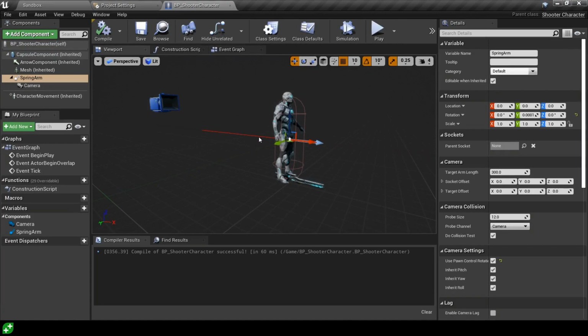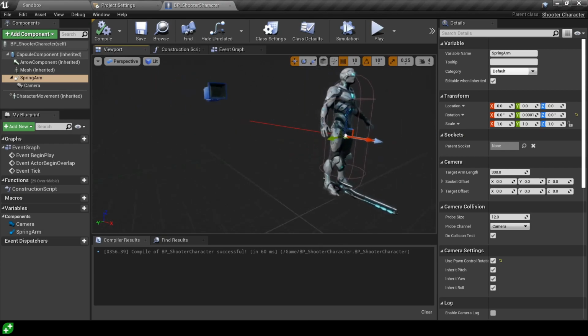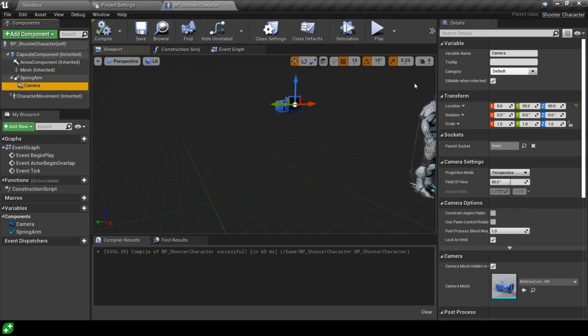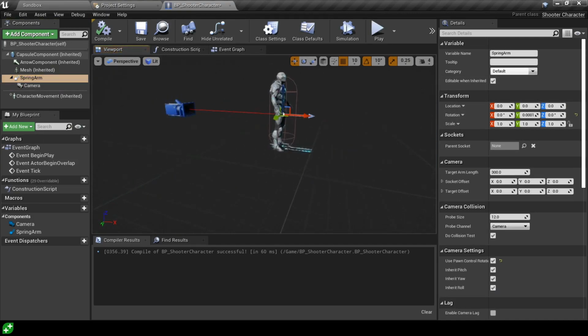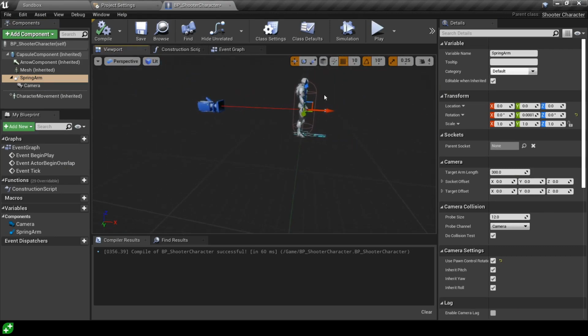So what we want to have happen is that this red line needs to be wherever we need to clear the view for the camera. And that's why we want the camera to always be looking down the red line. So if we reset it and go and have a look at our spring arm, you can see that now the red line's kind of pointing, firing out of the camera to the point of interest,